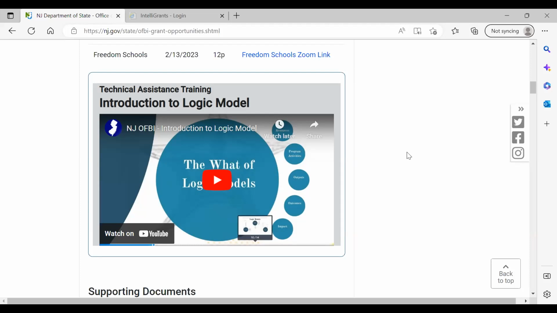Now, it is February 8th. The application is not due until April 20th. So you've got a lot of time. Now, I come from the nonprofit world, and when there's a distant date like April 20th, I remember, I was there, I think I've got a lot of time. April 20th will be here before you know it.